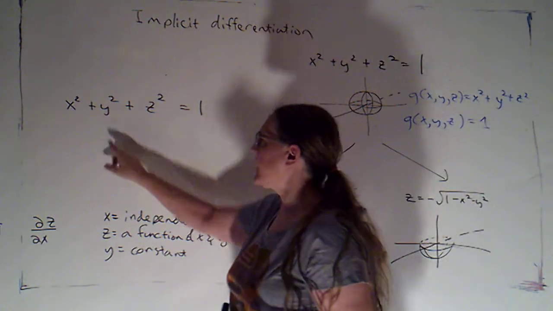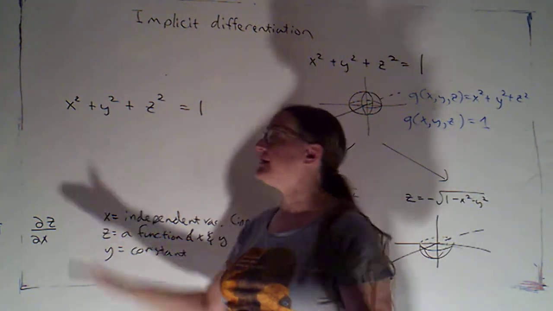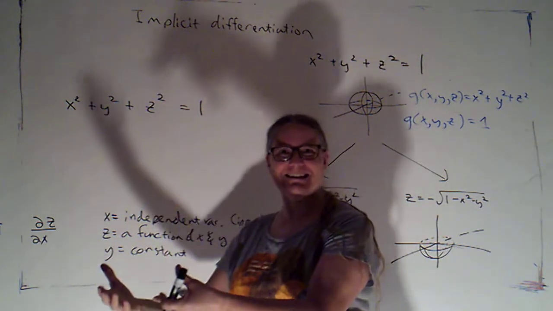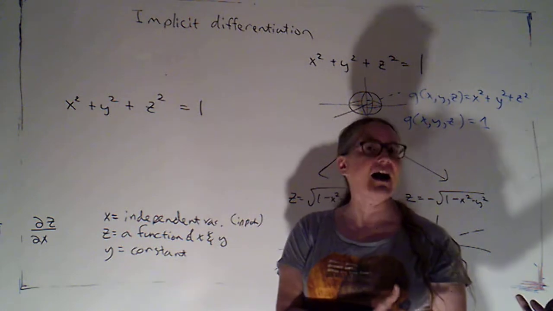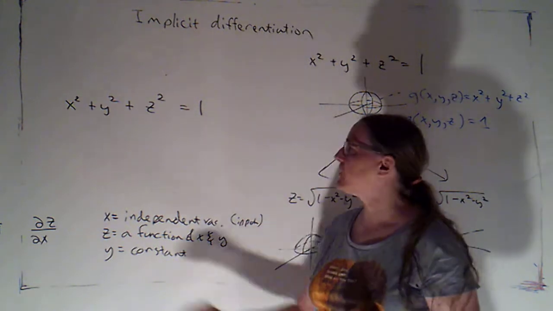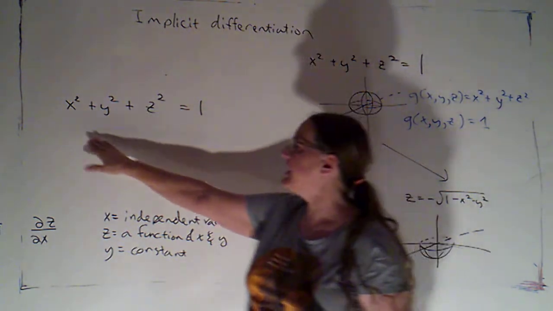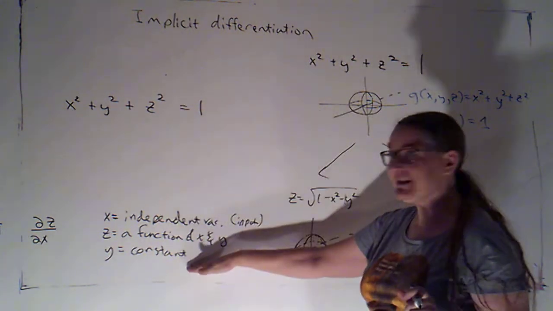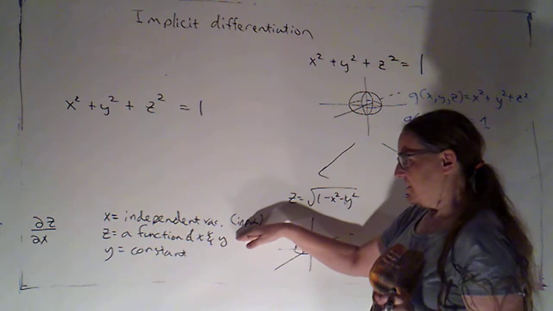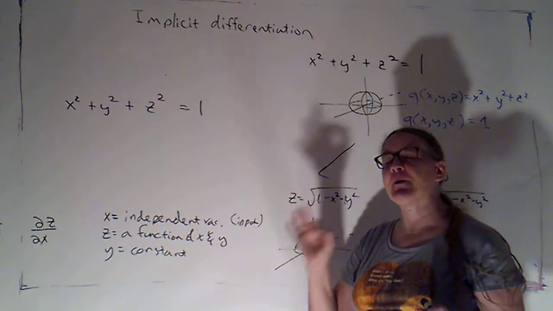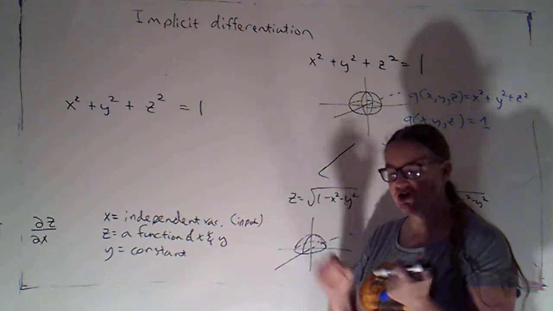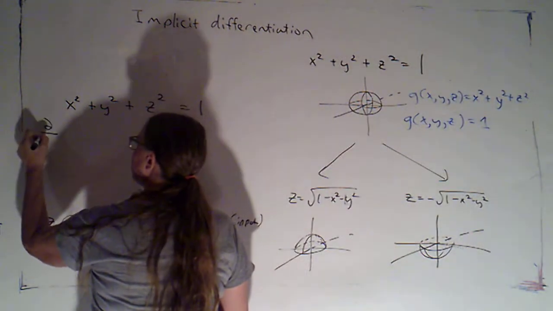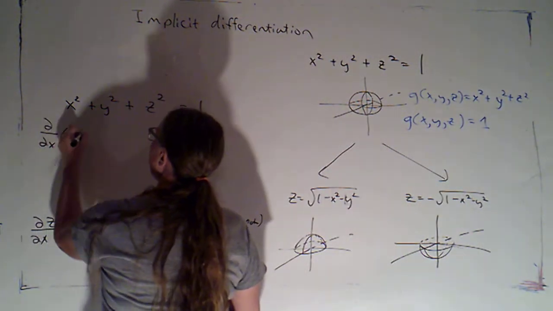Now, if I wanted to, I could say this equation implicitly defines y as a function of x and z. Then I'd be letting x and z be my input variables and y the output. I'm going to stick with the more conventional, think of z as the output, x and y as the inputs. So I'm keeping one of those as my variable, holding the other one constant. What's tricky here is now I have a third variable that I am thinking of as a function of x and y. So if I were to take the partial derivative with respect to x of both sides,